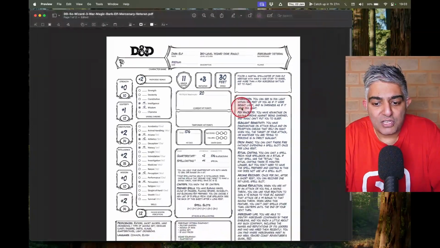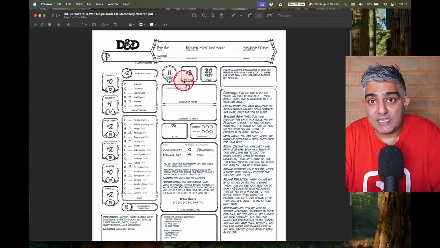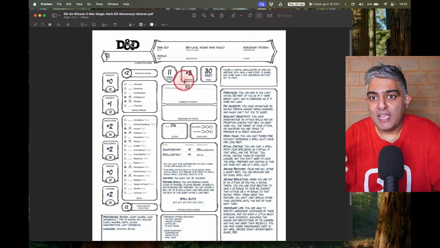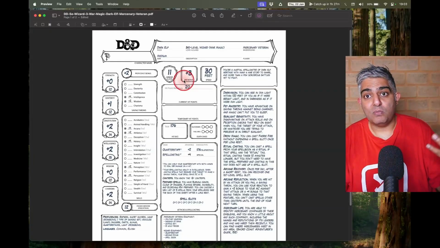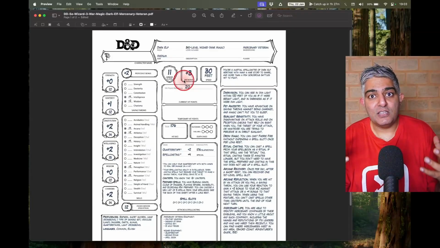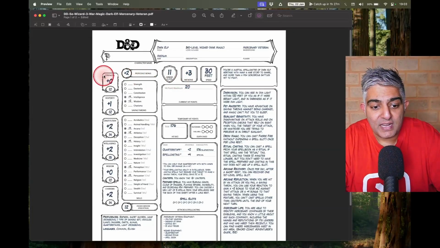Then in the character sheet, we have a bunch of other information that I want to highlight, okay? Because D&D is a game where the Dungeon Master and the players are coming together to tell a story, the Dungeon Master is going to be representing the world, the monsters, the situation, and whatnot. The players, they need something to tell them about who they are in the game. And that's what the character sheet is doing, right? And one of the main things that you want to see is